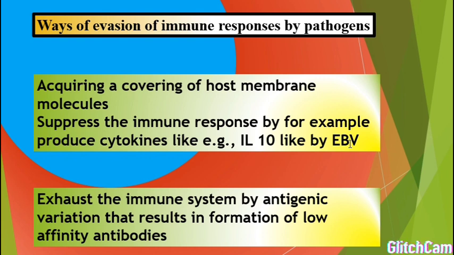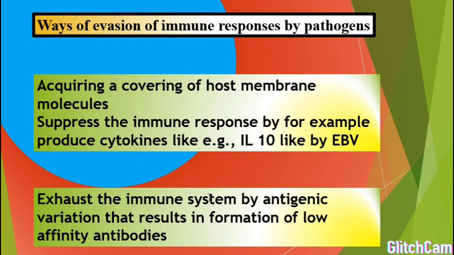So some viruses produce materials very similar to cytokines, for example interleukin 10-like by Epstein-Barr virus. In some instances the pathogens may change the molecules on their surface, and this is known as antigenic variation. So when the pathogen is under attack by the immune system, it will change the gene segments,